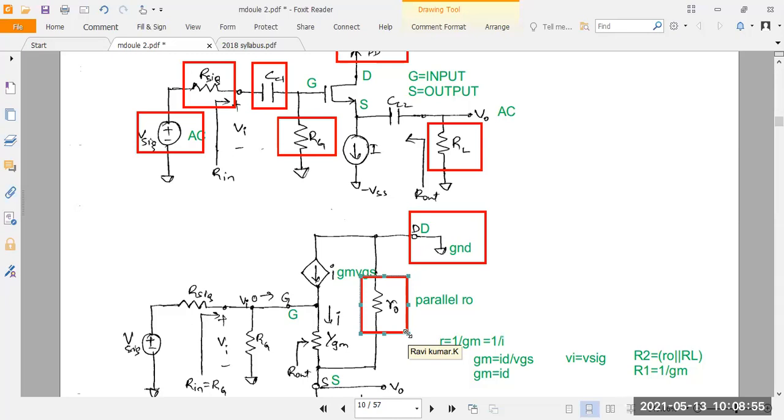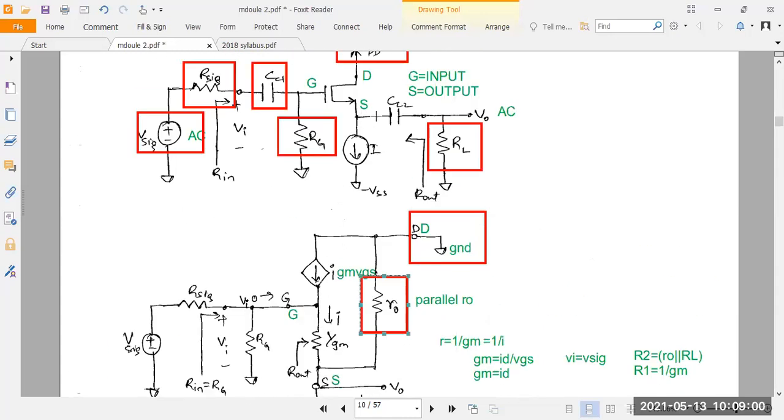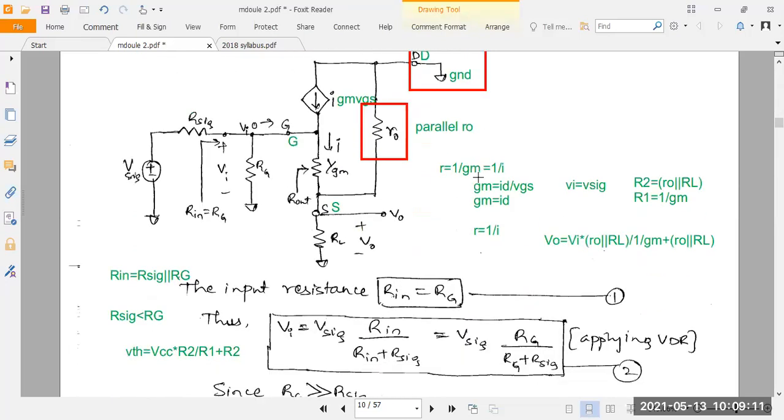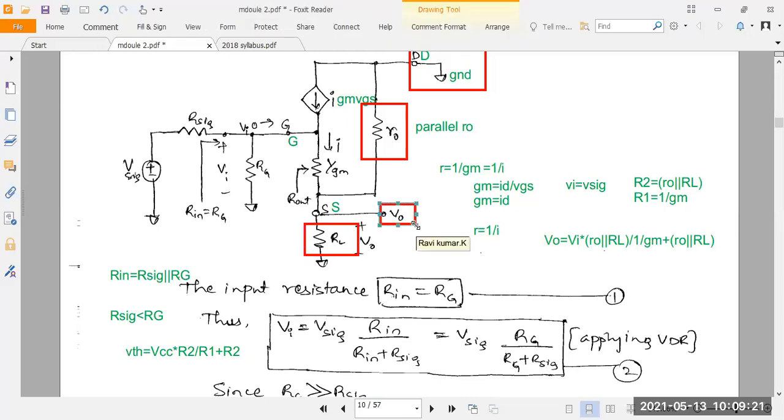Next, come to the source side. What are the elements on the source side? This current source is connected to the negative voltage, the ground. Next, the coupling capacitor acts as a closed circuit. Then RL, from which you take V0. RL is connected to the source. From the source terminal we fetch the output voltage. But again, the source is going to ground through the load resistance. That's why I write the T shape.